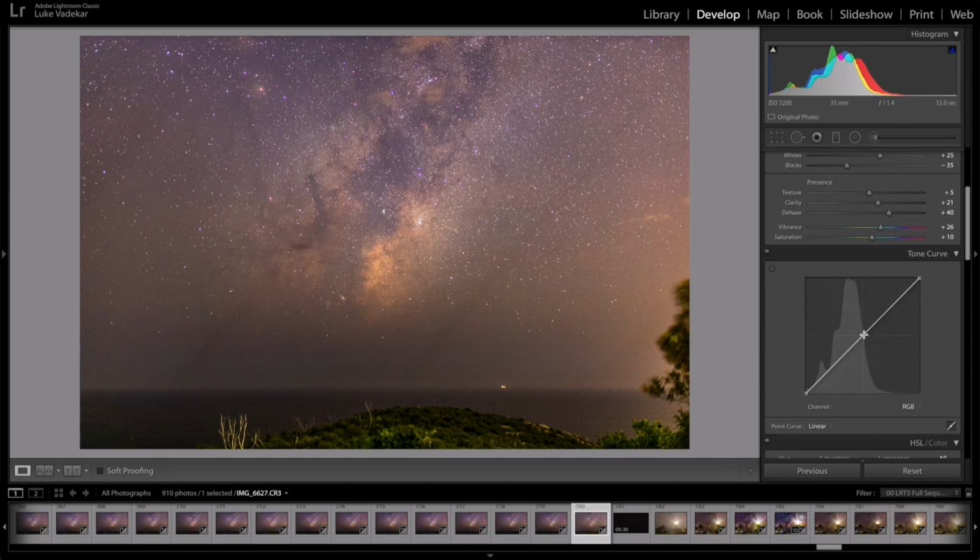Now I'm going to bring the tone curve in the mids just a little bit up. I'm going to bring the lows, the blacks, down a bit to increase that contrast, maybe not too much. And you can already see the lighthouse is making lines, streaks of light all the way down. As you can see, there's 3 of them,